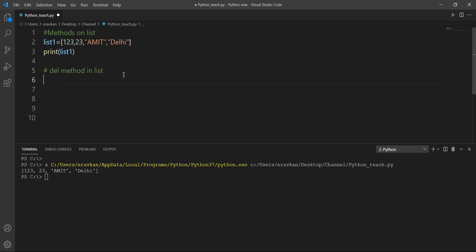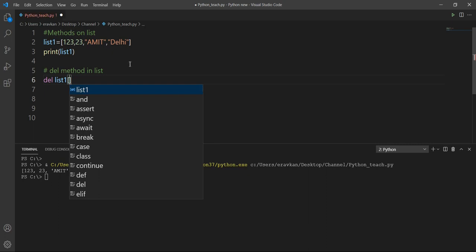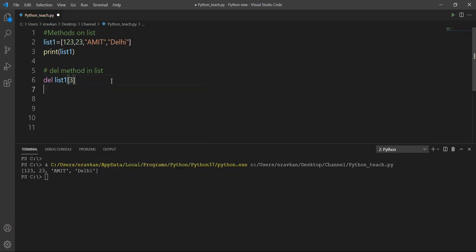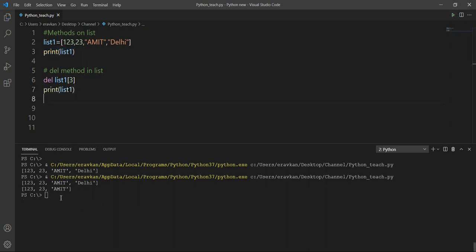Suppose I want to delete the item present at the third location, and after that if I try to print my list, this item is removed. So with delete, I can use the index to specify which item to delete.